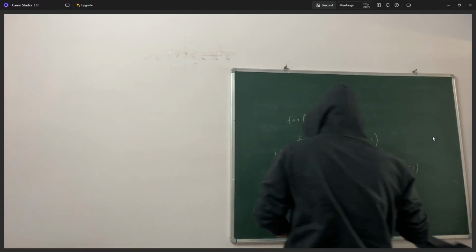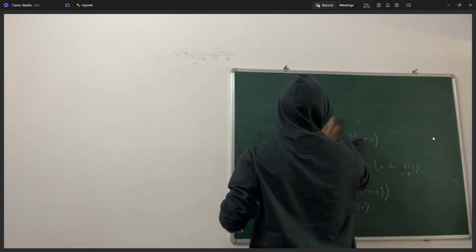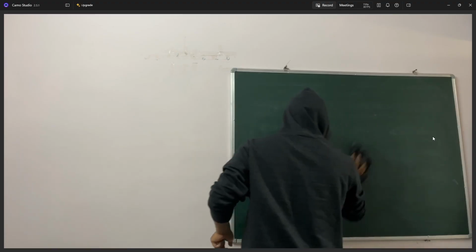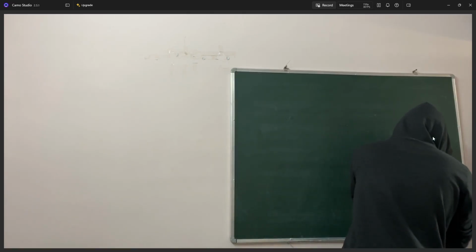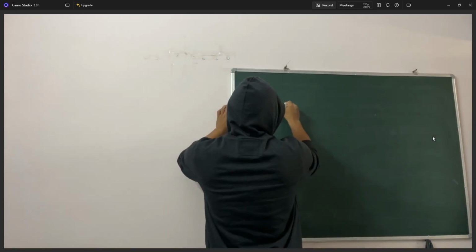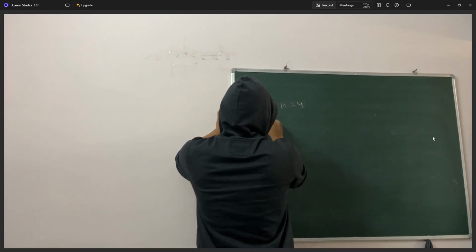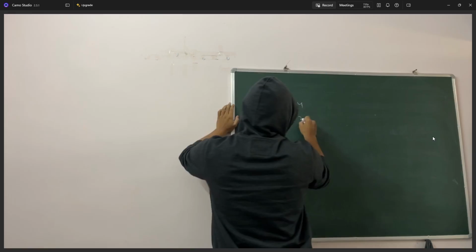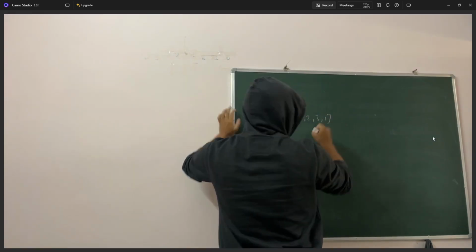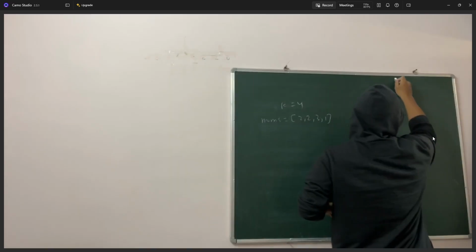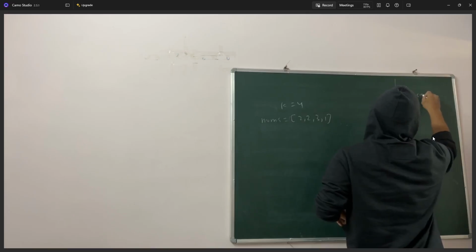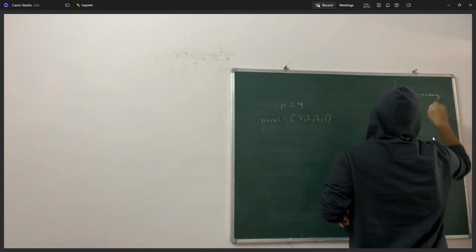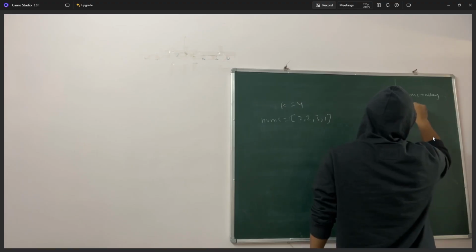So we have 2 2 3 1 as the array elements and k is 4. So in the example, what they've said is we have been given the nums array, and they've given k. So we need to find the minimum subarray